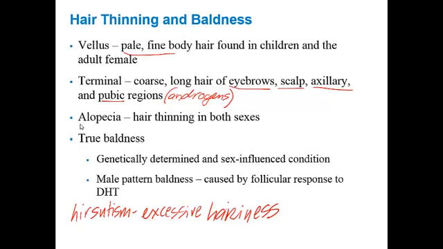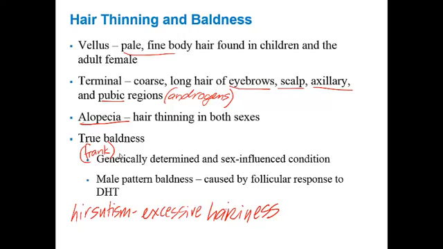Alopecia is hair thinning that automatically happens as we age. Hair grows fastest from the teen years to about the 40s, but after that there's some degree of baldness, and this degree of baldness is called alopecia. Now, true baldness, which is also called frank baldness, is a genetically determined situation, and